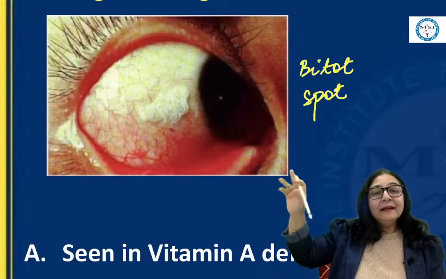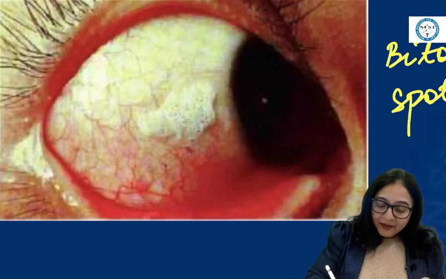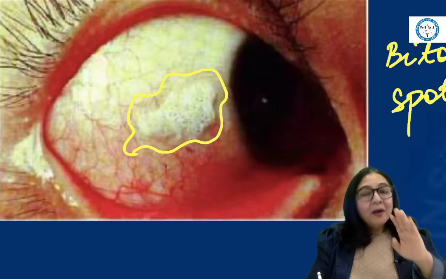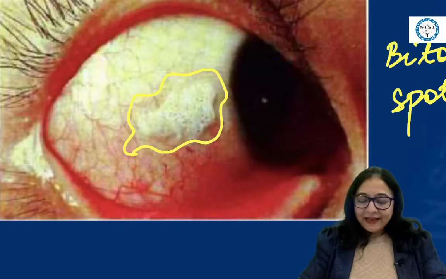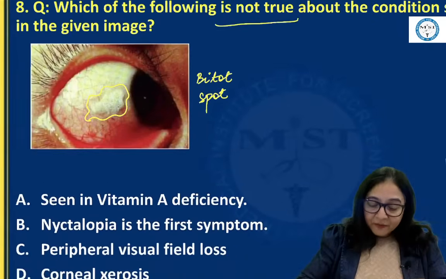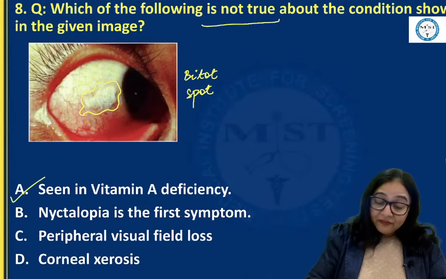You are seeing a lesion in the bulbar conjunctiva, a white foamy spot on the bulbar conjunctiva, more common on the temporal side. So it's a case of Bitot's spot, and we know Bitot's spots are seen in the cases of vitamin A deficiency,